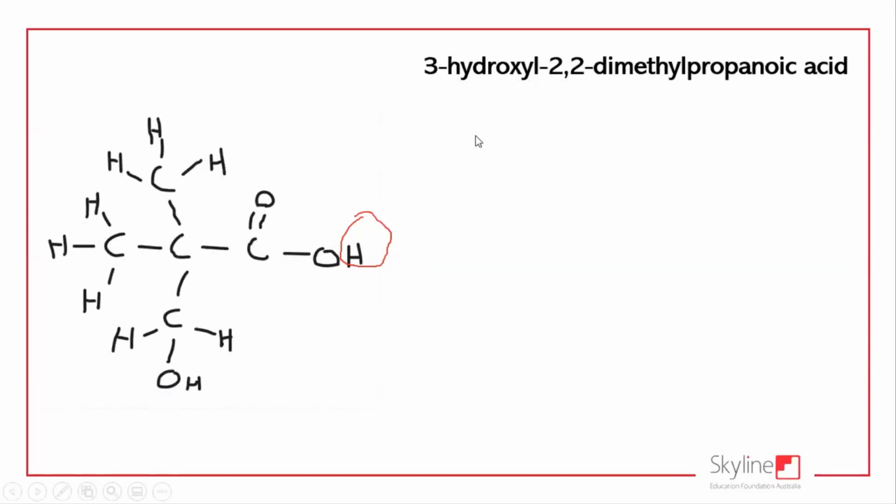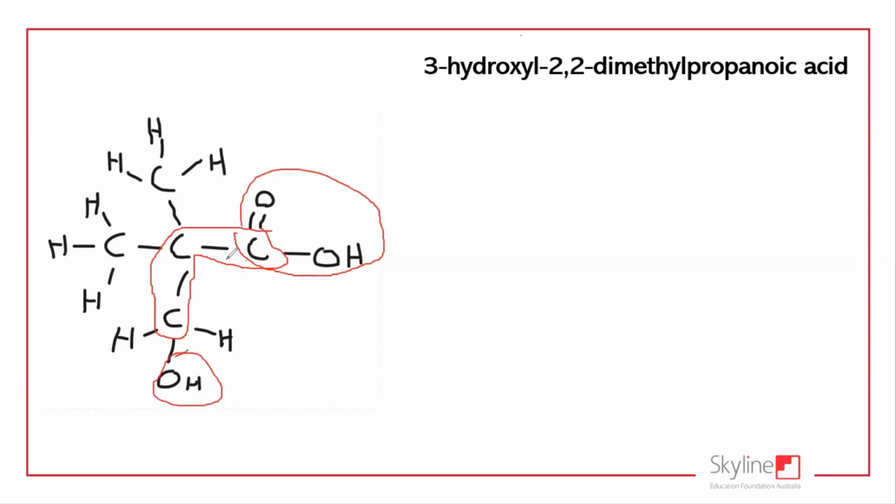This here now is probably the hardest sort of molecule they'd ever ask you to name. But this here is 3-hydroxy-2,2-dimethylpropanoic acid. Okay, we're naming this. How do we name it? Okay, first off, we look for the longest chain. Now, the longest chain also always includes our functional groups. Here's an OH. Here's our longest chain. This is our carboxyl. This is propanoic acid. On our 3rd carbon, so this is 1, 2, 3, we have a hydroxyl group,